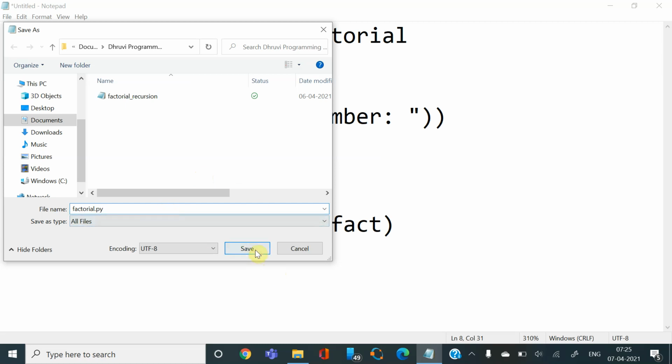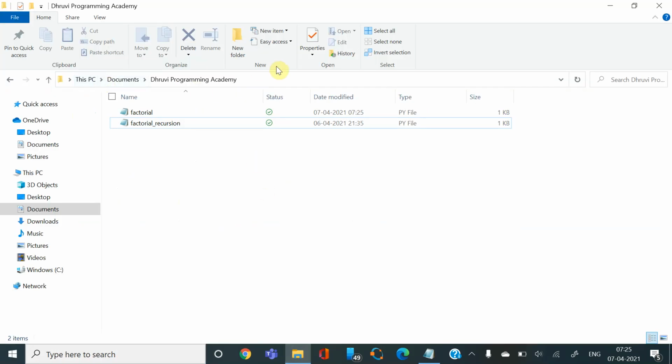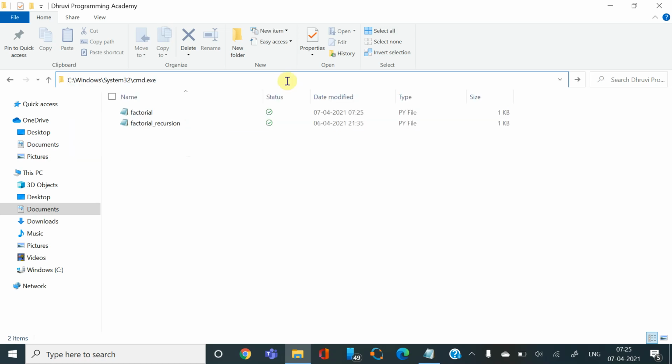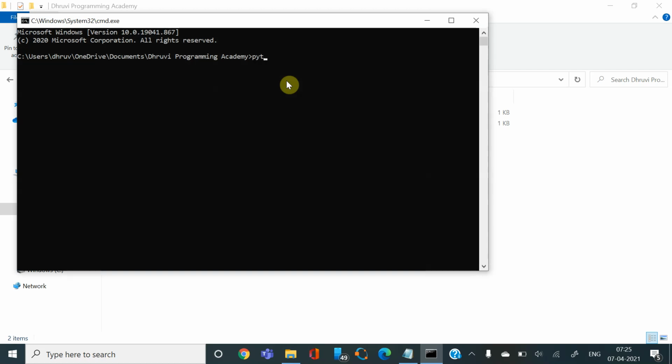So factorial.py, and then you save it, and then we go to the folder in which we have saved the program. We write cmd, that stands for command prompt, and then we write python factorial.py.